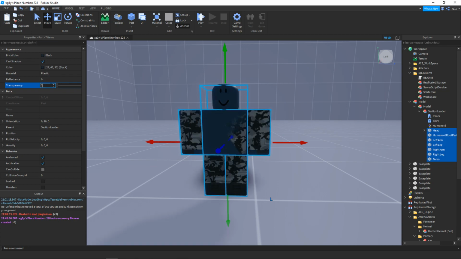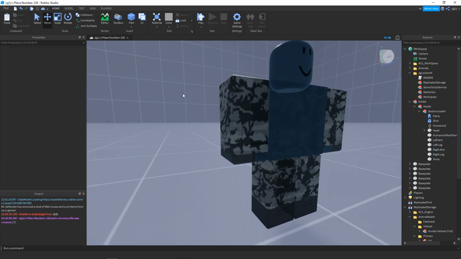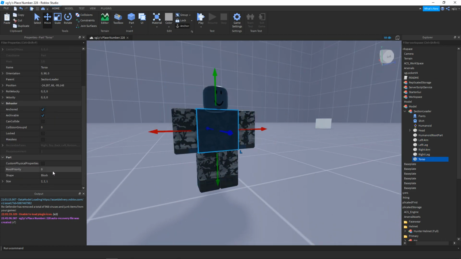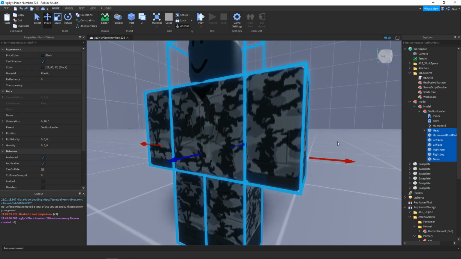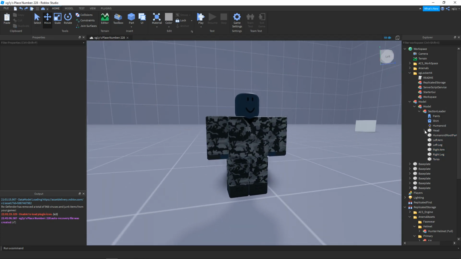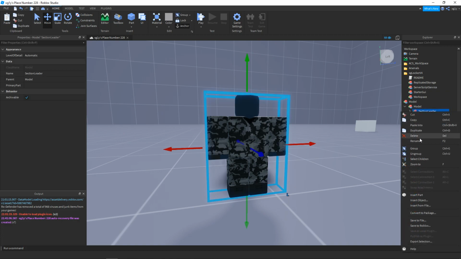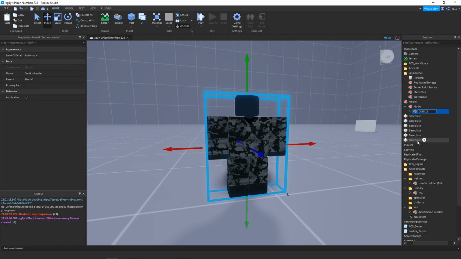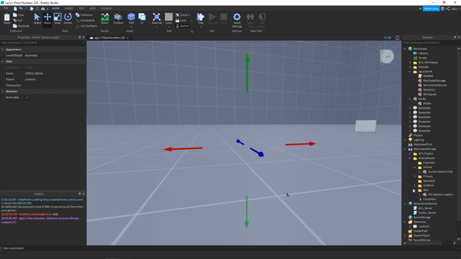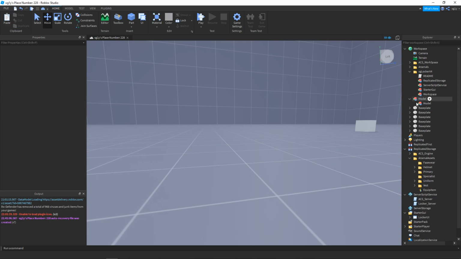Like that. I don't know why the middle part's messed up. Don't really care. You can probably just change it a little bit. I don't know what I'm doing. I don't know why that does that. It's probably just a texture bug. There we go, it's fixed. You can move the face so that it doesn't show. And then what you want to do is rename it to what it is, and then drag it into the uniform section. Now, once you've moved all your stuff into the configuring, and I'm talking all of the stuff that you have,